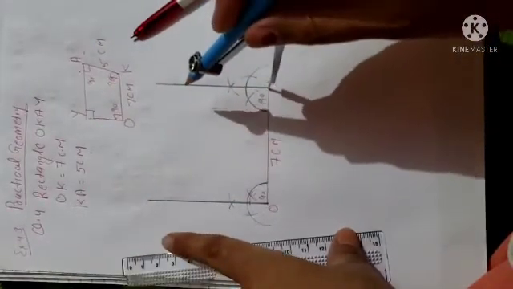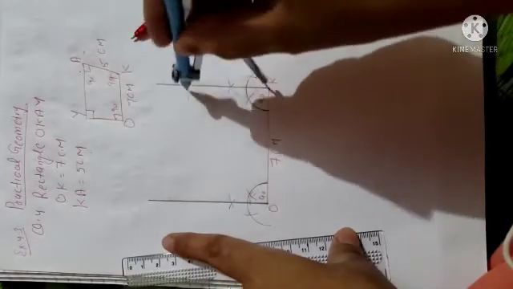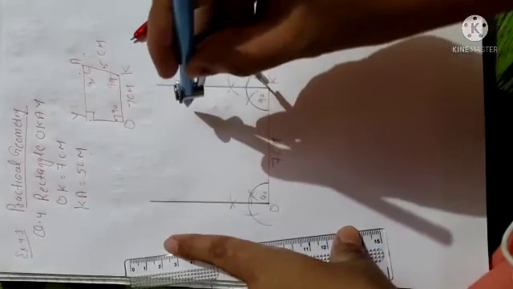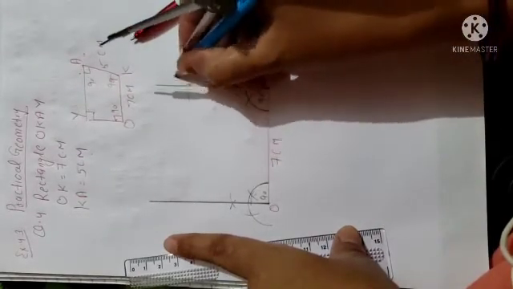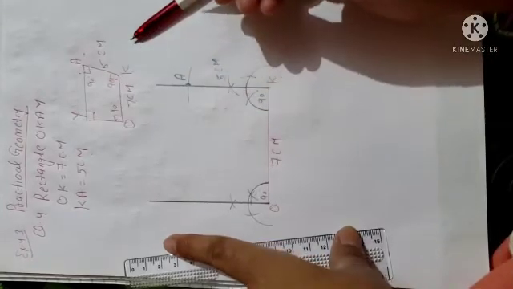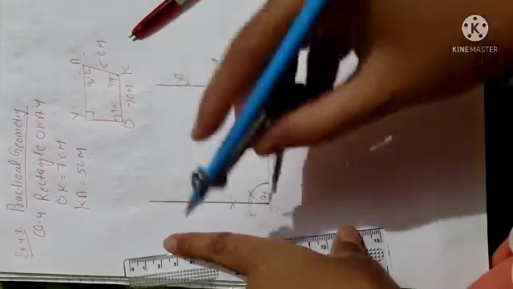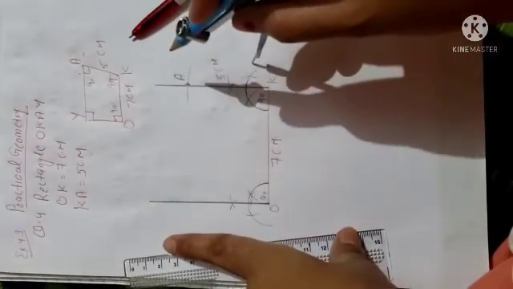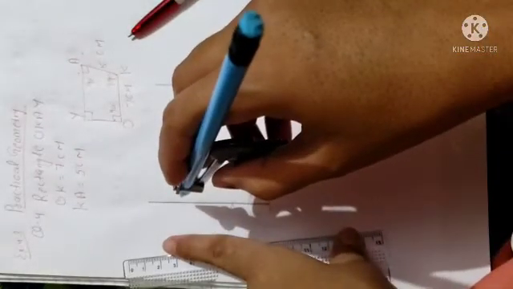Okay, at point K you will draw the arc, and this arc will cut at which point beta? A point, because KA length is given 5 centimeter. So it will cut at this one point, it will be A, and this length is given 5 centimeter. Is it clear? Okay, so in the rectangle you know very well, opposite sides will be equal in length. If KA is 5 centimeter, it means this one side will be also 5 centimeter.